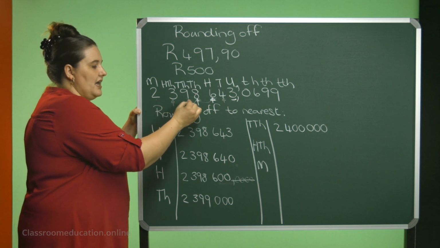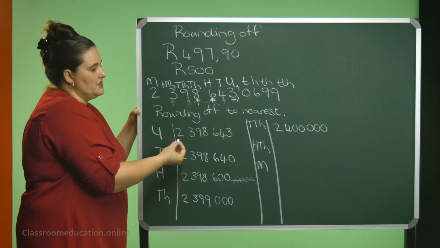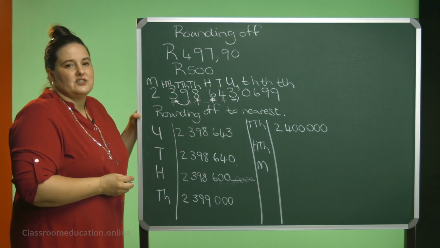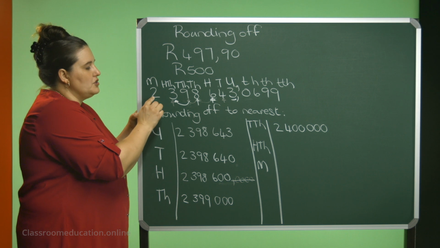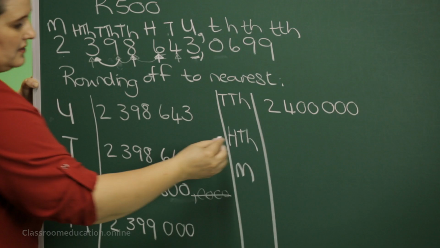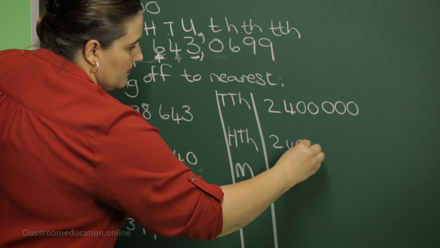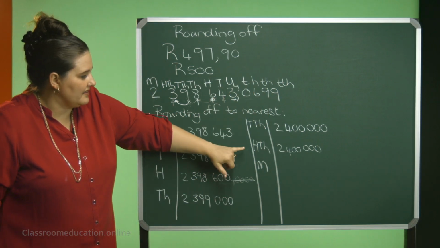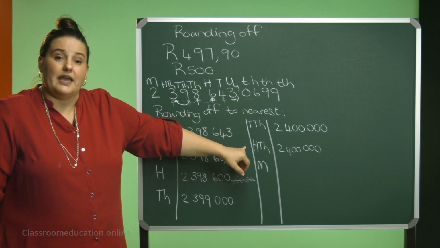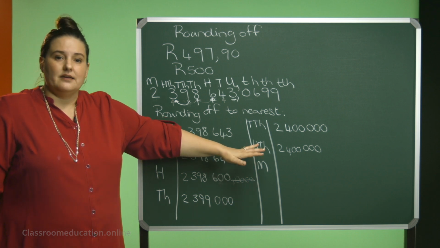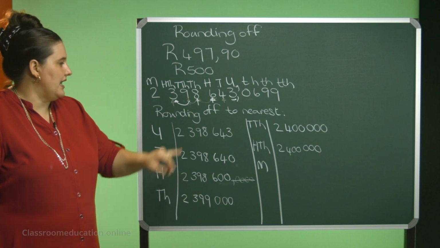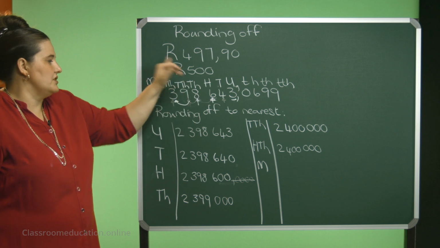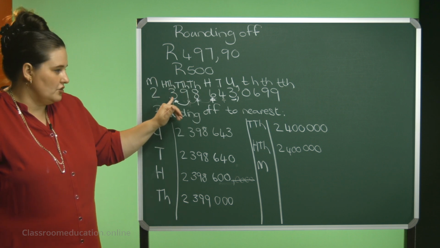If I need to round it off to 100,000, look at the 100,000. I have my 10,000 on the right-hand side of the rounding position. It's a 9. It will increase my rounding position by 1. So it will become 2,400,000. Can you see that the 10,000 and the 100,000 rounding off are the same? Did I make a mistake? No, it can happen like that because the 8 increased the 9 by 1 and then I had to also increase the 3 there to a 4.